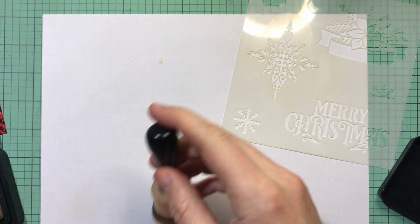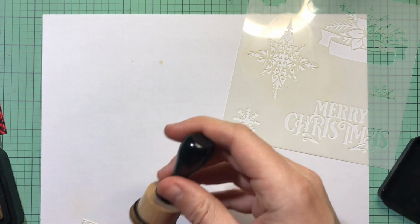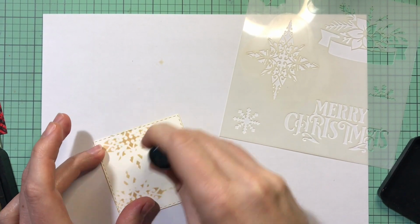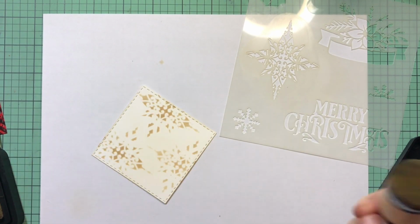I will also ink up the outer edge or the border, and then just to mute that bright white just a little bit more, I'm going to go over the whole piece. Now,